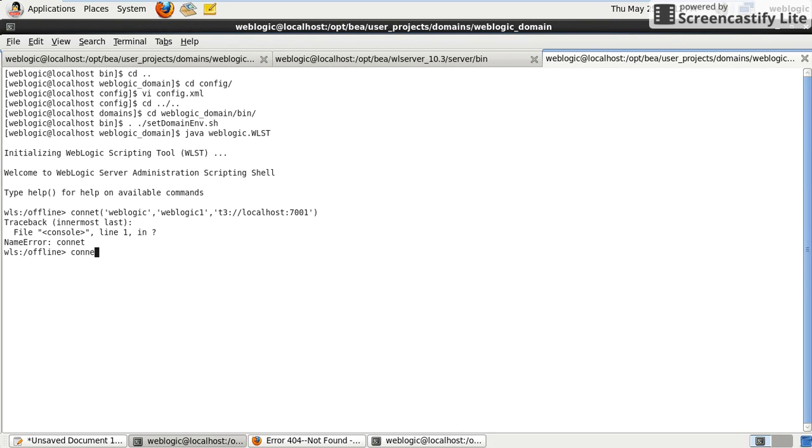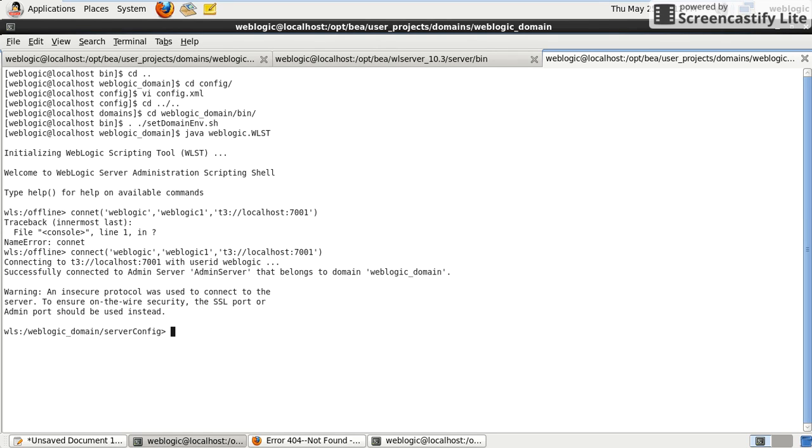Sorry, spelling mistake. Username, password, and your URL. Now it will connect to the running admin server. Now it is connected to the WebLogic domain.